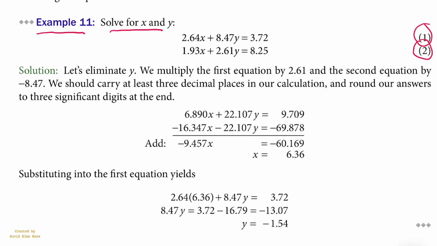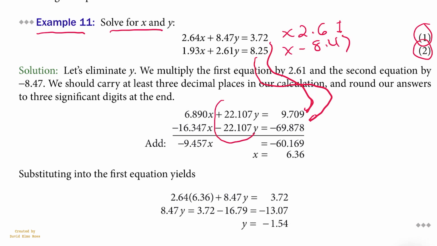If we want to get rid of the y, for instance, we can multiply this by 2.61, and we can multiply this by minus 8.47. When we do, this equation here becomes this, and this equation here becomes that, and we see that we can actually add these together and get rid of this y term that's here. When we do, we get minus 9.47x is equal to this number, and therefore x is equal to this value here. If we substitute that value back into the first equation,